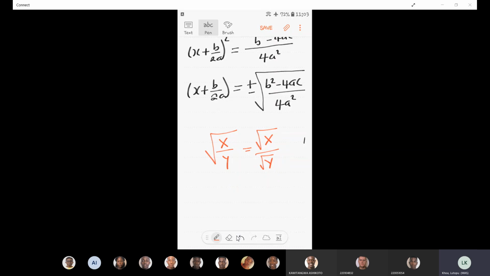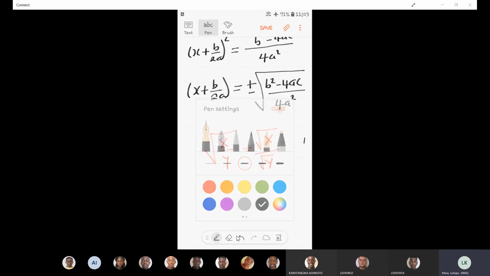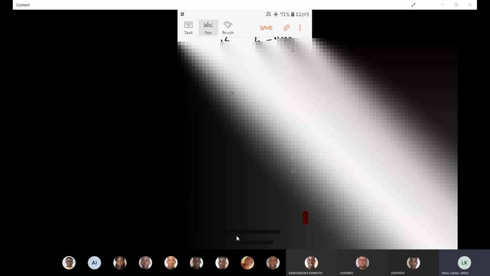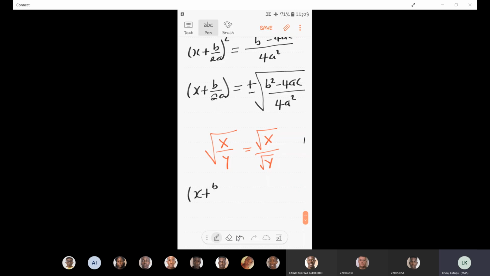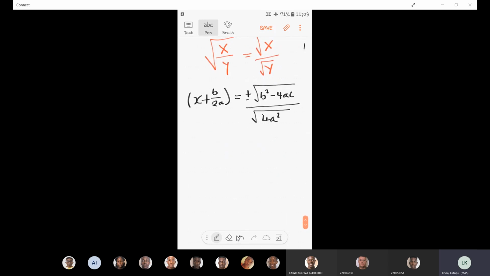And what I get is this. I have x plus b over 2a equal to plus or minus the square root of b squared minus 4ac over the square root of 4a squared. Now the square root of 4a squared is just 2a, because if I have 2a,